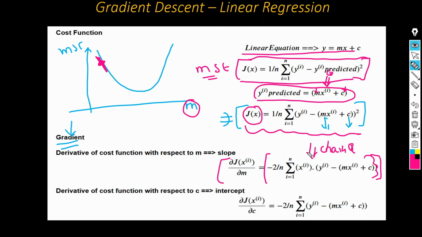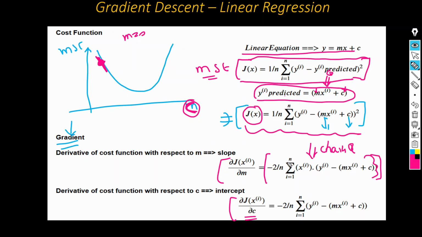And the chain rule we have already learned in our schooling days. If you want to learn, you can find all these explanations on Google, how we derive the chain rule to find this particular derivative. In the same way, this equation we will use to find the slope with respect to m. And if this is your c, let's say m is equal to 0 and this is your c, in that case our curve will also be like this, right? In that case this particular slope will be with respect to the intercept. So this equation we will use to calculate the c value, right?